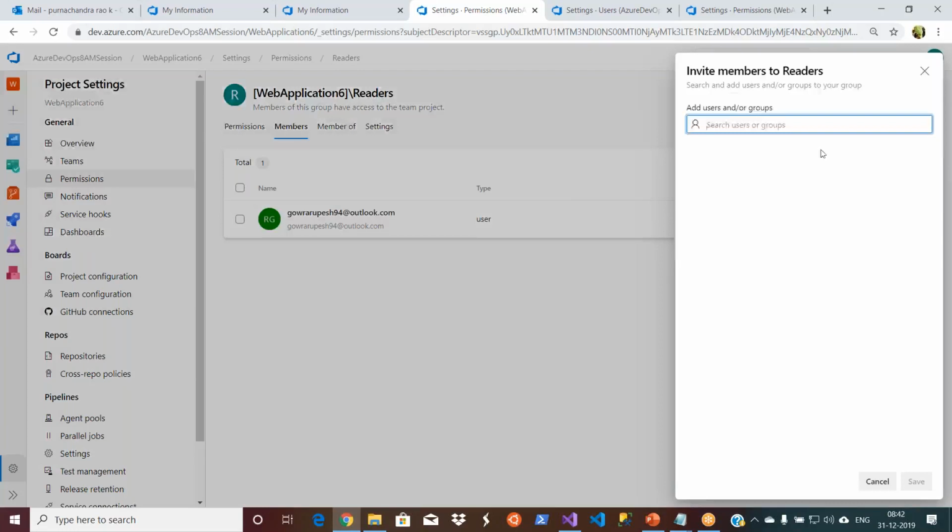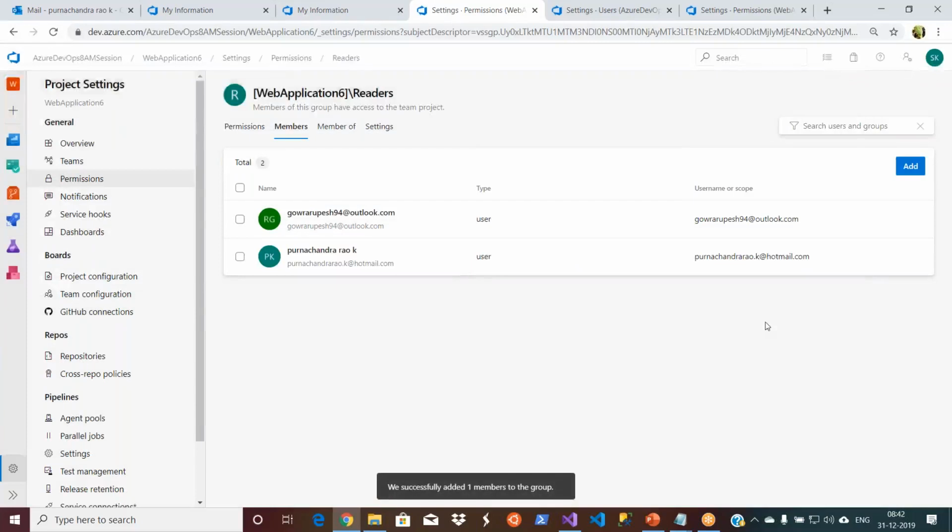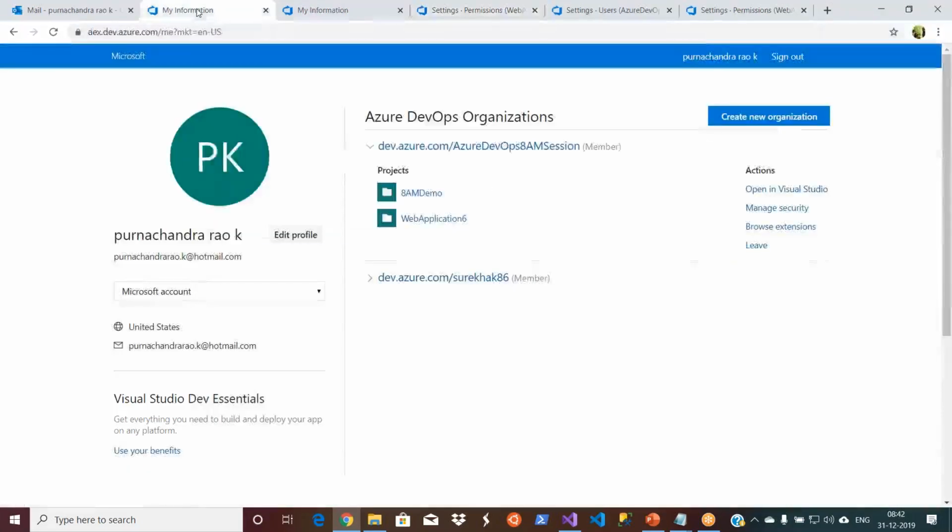Let's make myself a reader, and save it. Okay, now I'm a reader. Let's refresh it and see if it is still there.